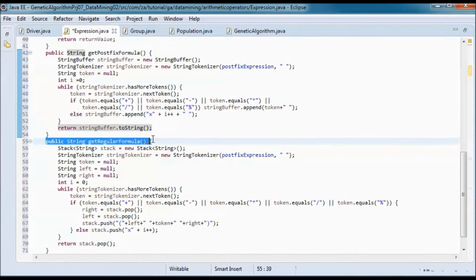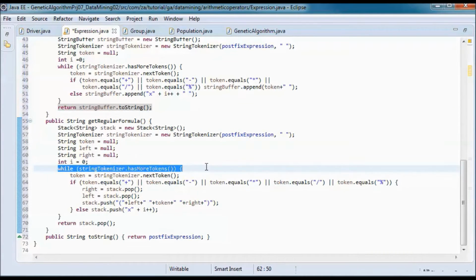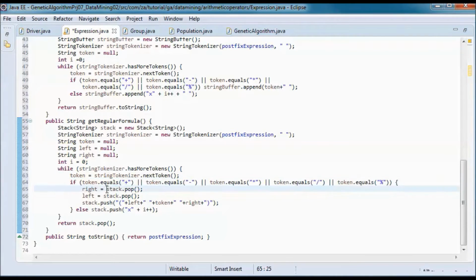And for the regular formula, we do the same thing. We go through the different tokens with a while loop, and if that token is an arithmetic operator, then we do stack.pop and put it in this right, and another stack.pop, put it in left, and then we push onto the stack parentheses opening and closing, and then the string value of left, and then the token, and space, and the string value of right.